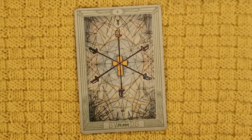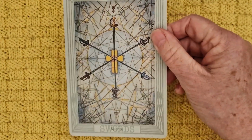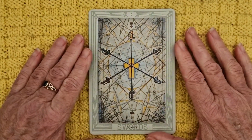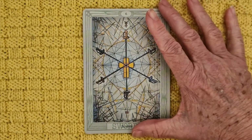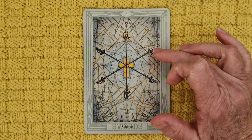So I presume James means the lines in the background of the card. Now, Lady Frida Harris stated that she'd taken this design, these lines here, from a 14th century fencing diagram. And it showed the positions. I'll put a little picture above this, but it actually shows the best positions you can be in when you're